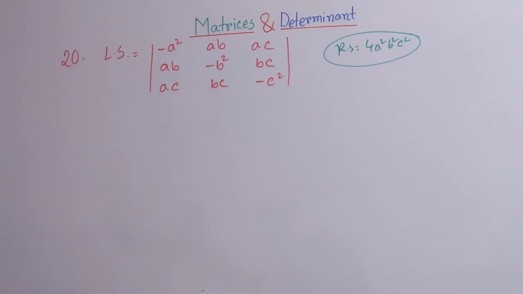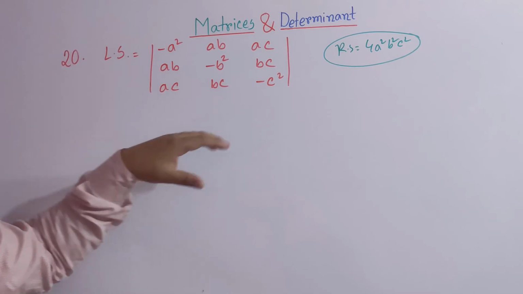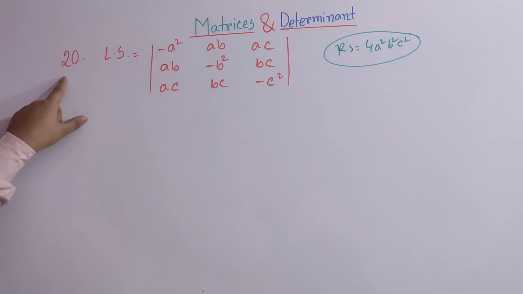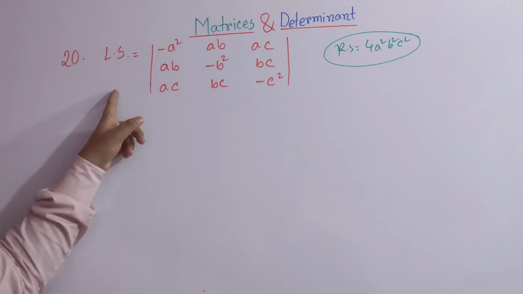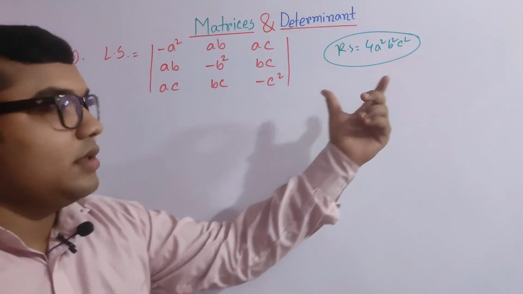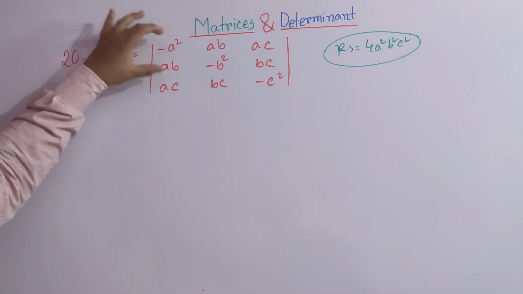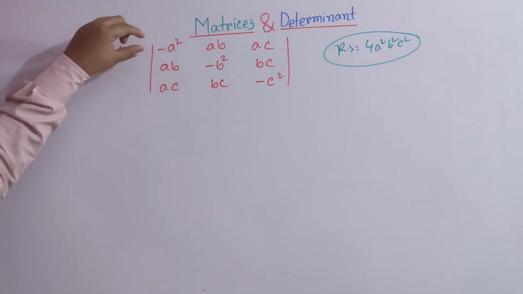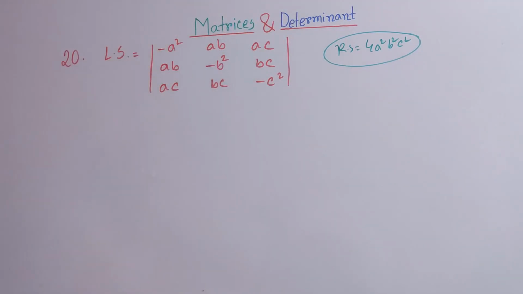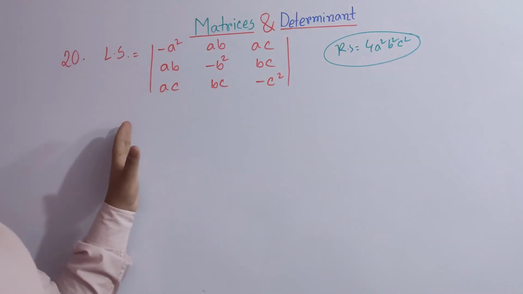So dear students, now we are focusing on a problem, and we select problem number 20. Here the left side is given as this and the right side is this. So we are starting with our left side, and here we already know that we can take common from a column as well as from rows. So these types of math can be solved by first taking common.